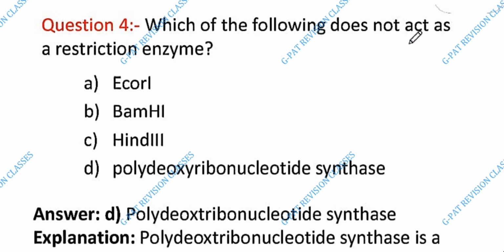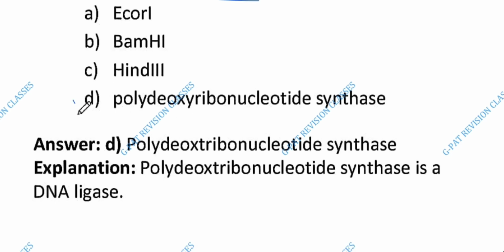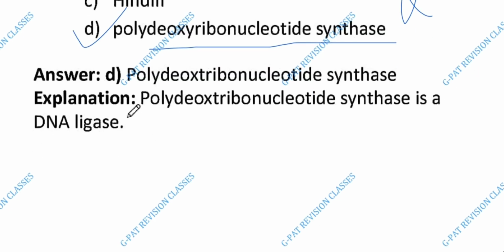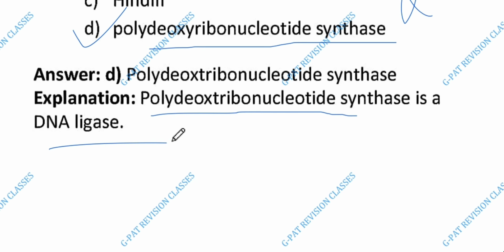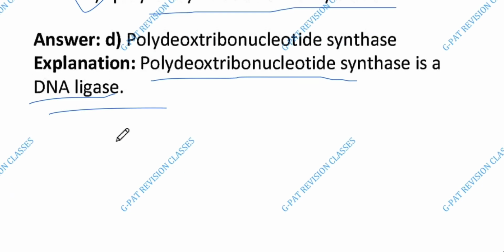Which of the following does not act as a restriction enzyme? The answer is D, polydeoxyribonucleotide synthesis. इसका कुछ explanation है. Polydeoxyribonucleotide synthesis is done by DNA ligase. क्या है? DNA ligase है. Next is